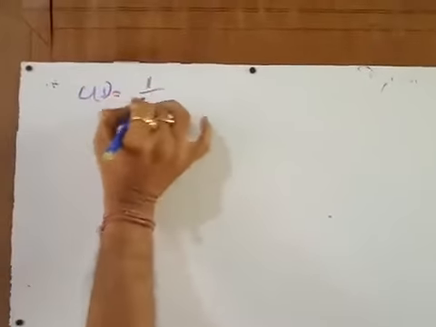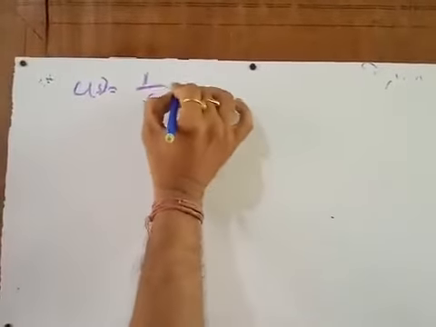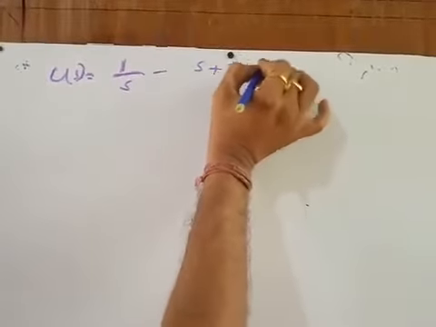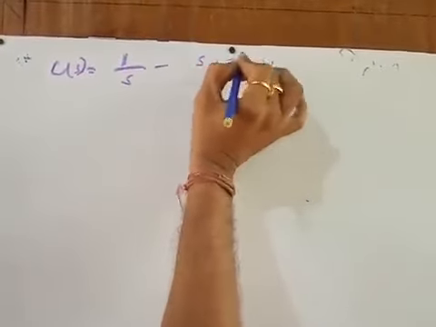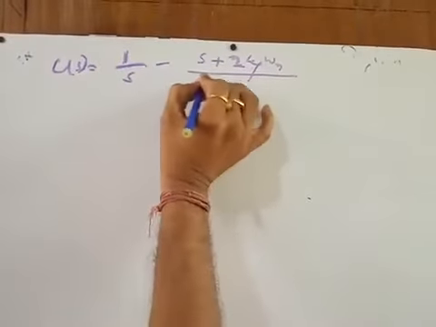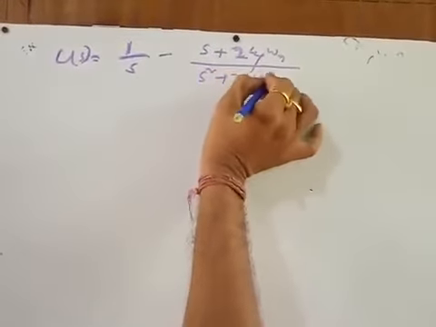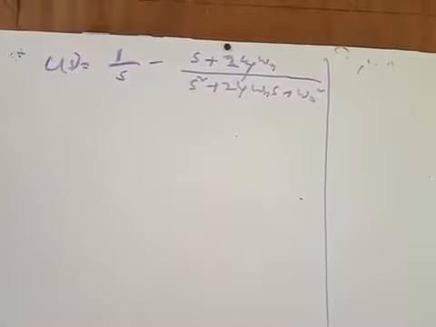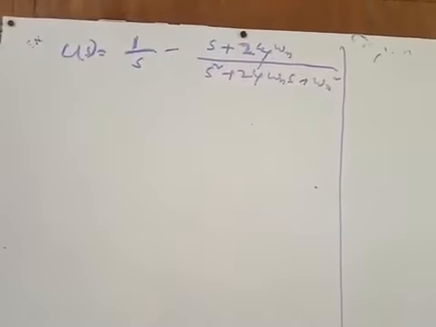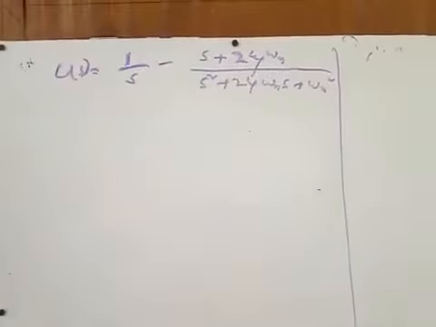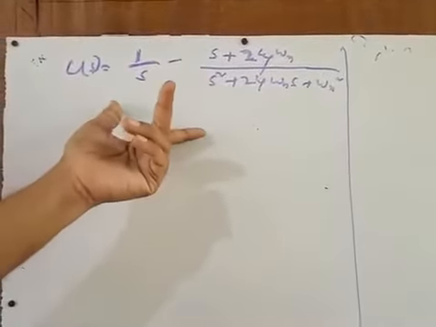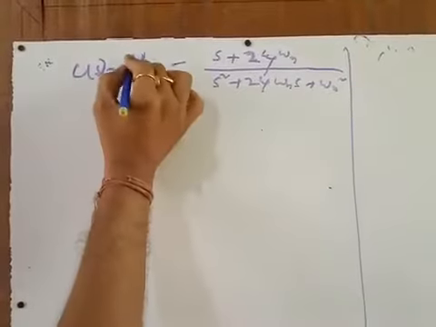That is, C(s) on the left hand side, A is equal to 1, so you can write A by s, minus of B means 1, that means s plus 2 xi omega n, that is the value of C, by s square plus 2 xi omega n s plus omega n square, right? So this is the value of C(s), and we have to get the value of c(t). That means you just have to take the Laplace inverse on the right hand side. So this part has no problem.